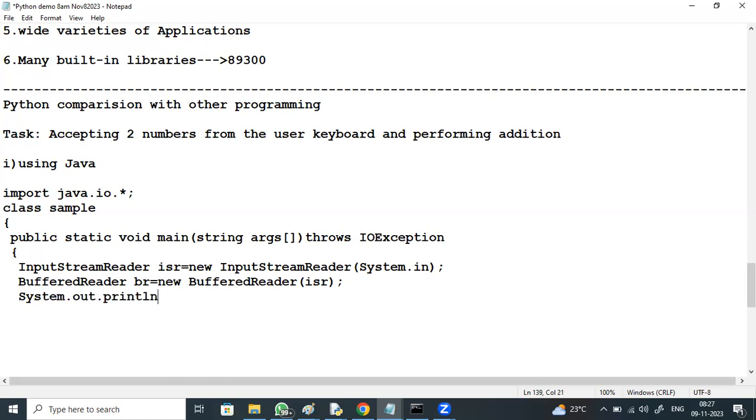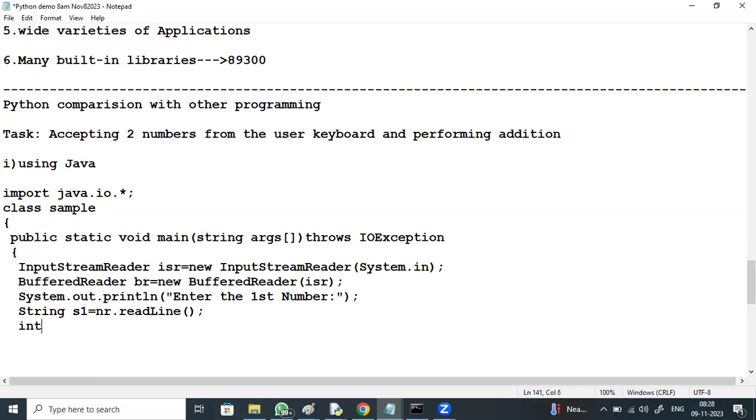System.out.println, enter the first number. Whatever number you are entering, right? Taken as string s1, br.readLine.